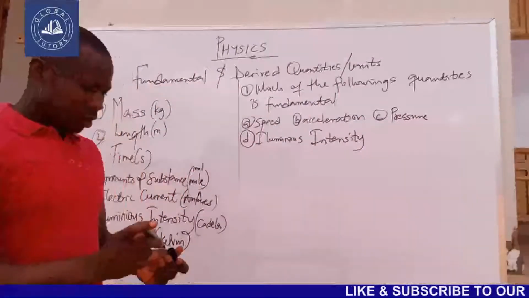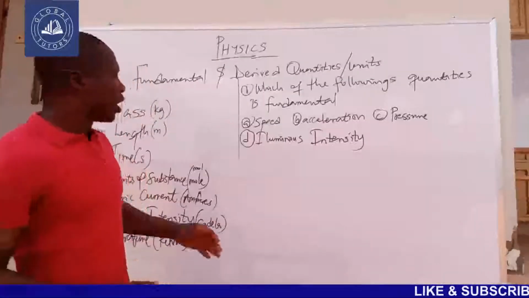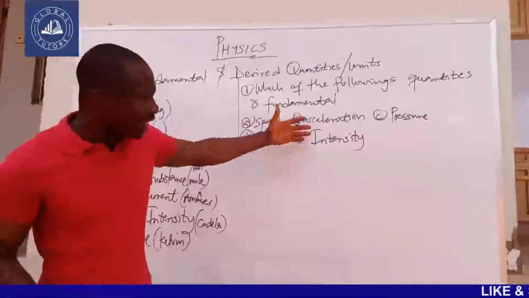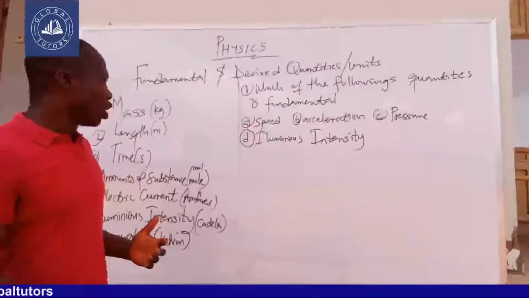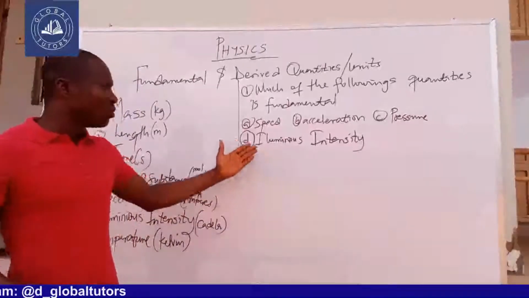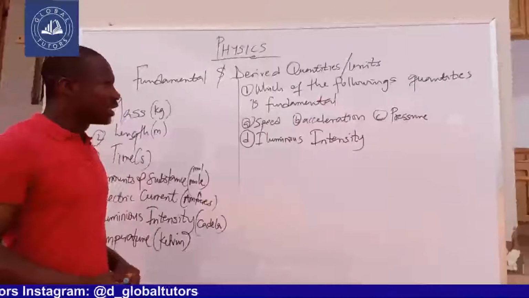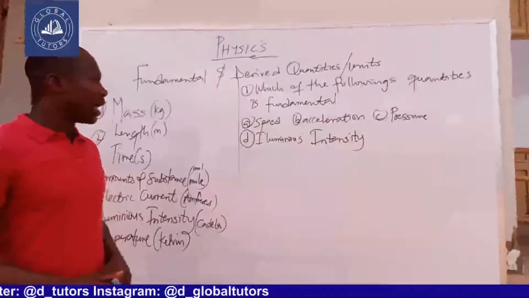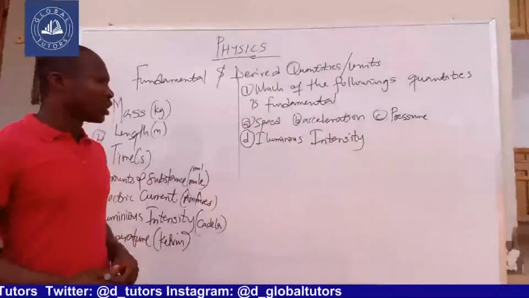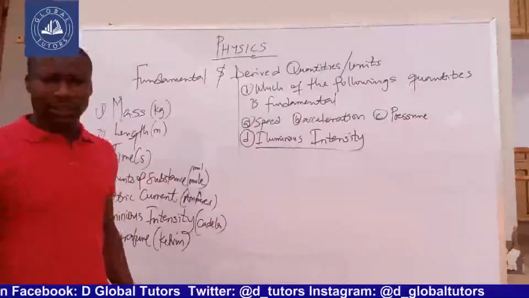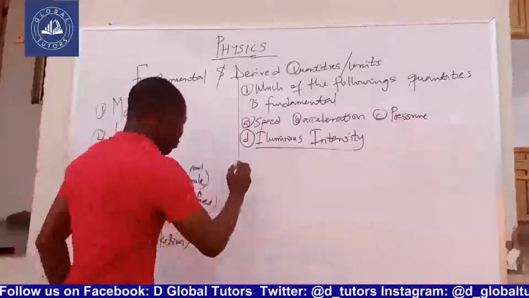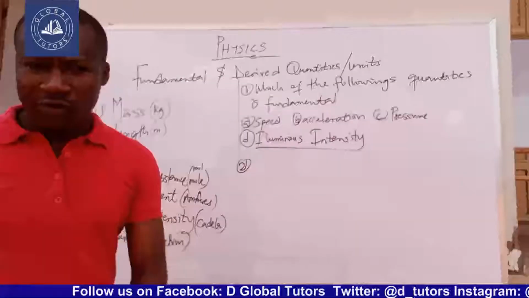Now, even if you don't know whether speed, acceleration, or pressure are derived quantities, we are very sure that luminous intensity is a fundamental quantity or basic quantity. So our answer becomes luminous intensity. The other way around, let's take another question, for example. The other way around, the question may ask,